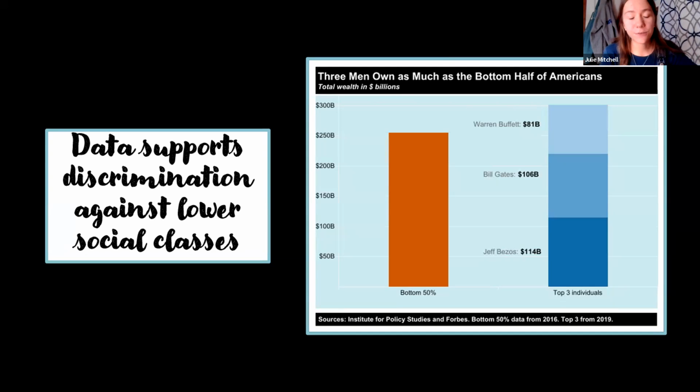And then I also found another website. It was inequality.org, and there are a ton of different charts and graphs on it, an abundance of data. And this one here actually shows that 3 men own as much as the bottom half of Americans. So 330 million Americans, the bottom 50% of them, versus 3 people. Obviously there is inequality if you can see this and prove that. I just think it's mind-blowing that 3 people can have that much wealth, covering 50% of Americans. That just blew my mind when I saw this.